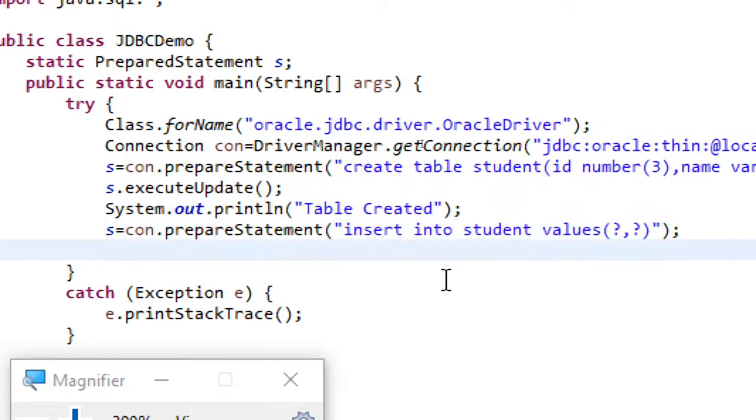Why am I giving question marks like this? Because I am going to add values dynamically. For that reason, we are using question marks like this.